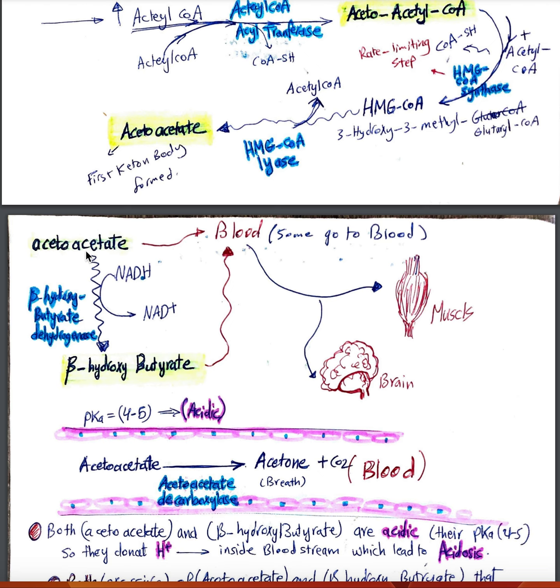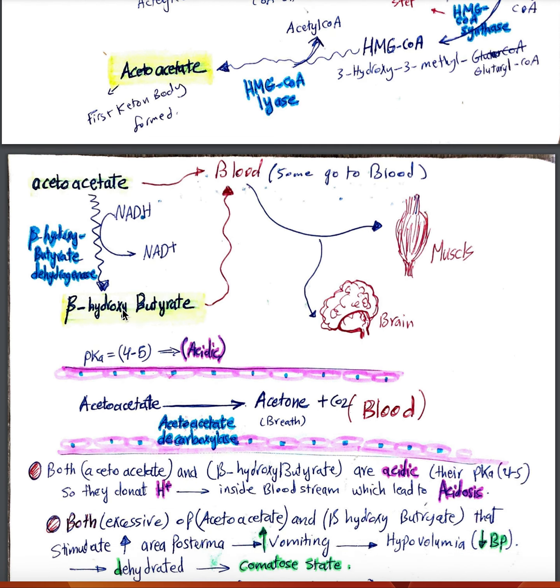So acetoacetate leads to the formation of beta hydroxybutyrate, but this enzyme is not known as beta hydroxybutyrate synthetase, for example. No, it's beta hydroxybutyrate dehydrogenase enzyme, and that leads to the use of NADH to produce NAD positive. Just remember this information: we use NADH to produce NAD positive. That means it is important for this reaction. And the pKa of beta hydroxybutyrate is 4 to 5,